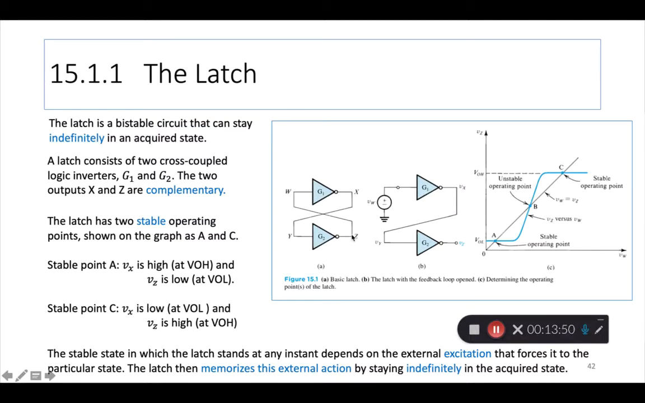This connection where the output Z goes back to the input of W, it gets connected. Similarly, the output of X is connected to the input of G2, the second inverter. That is the cross coupling. Cross coupling is where you connect two things, not both at the input side, but kind of at the output side. So not entirely on the output either, but the output of one goes to the input of the other